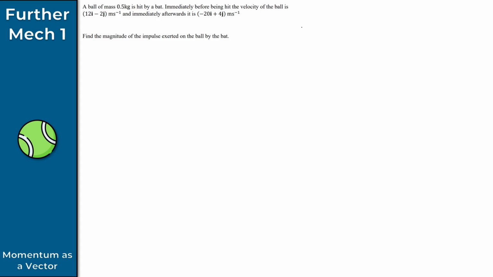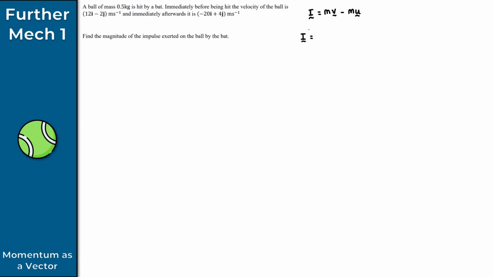So for this question here then, don't forget that impulse, I here, and this will be given as a vector, right, given that the velocities here are given as vectors, is equal to the change in momentum. So that's mv minus mu. Okay, so the impulse, right, we don't know what that is. That's what we're looking to find, or the magnitude of the impulse anyway. So I here